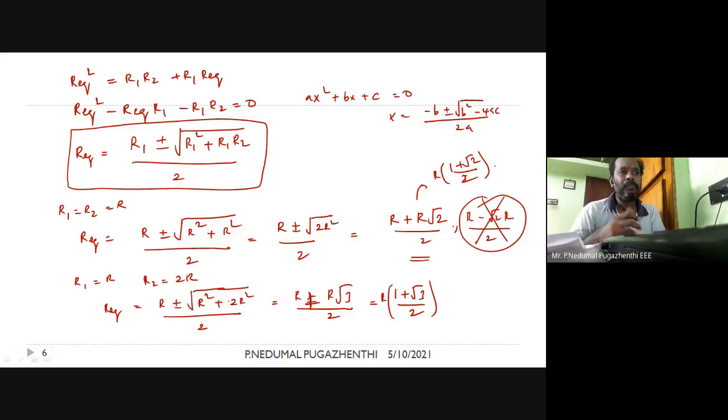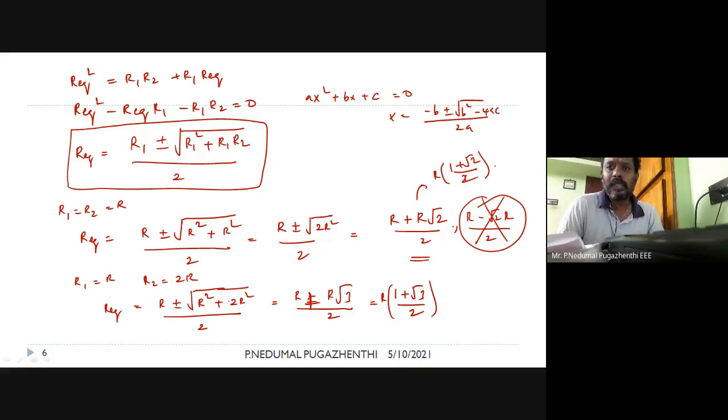So this is based on the resistor values, that R, 2R combination, that ladder network combination. You can finally find the equivalent resistance of the total R-2R network, or what is called an infinite ladder network, with only two resistances available. Two resistance values: one is R and the other may be 2R or 3R or 4R, or a different value. With only two values of resistances, it is very simple to find your equivalent resistance.